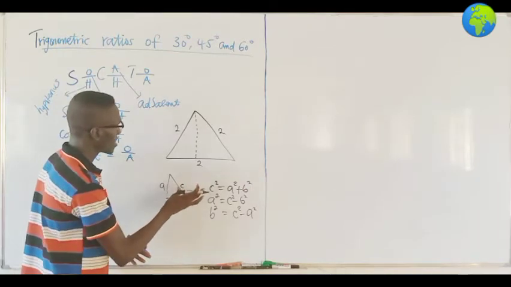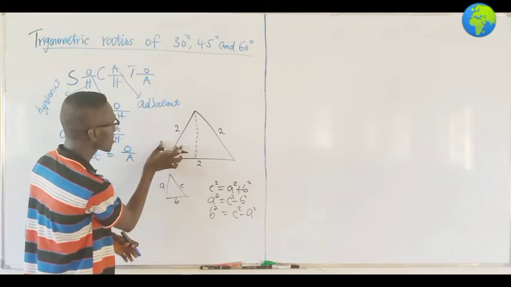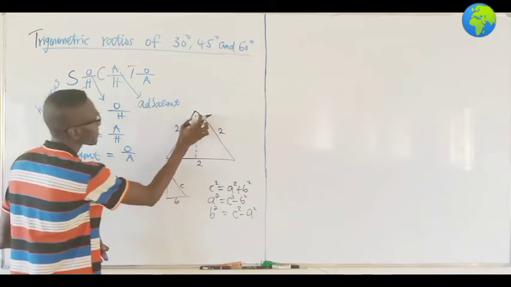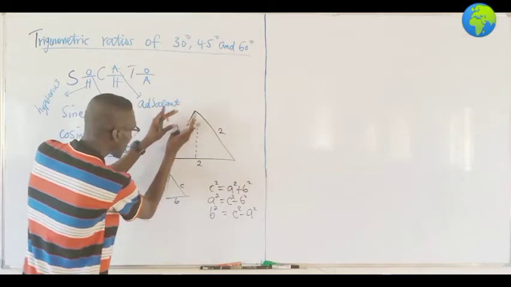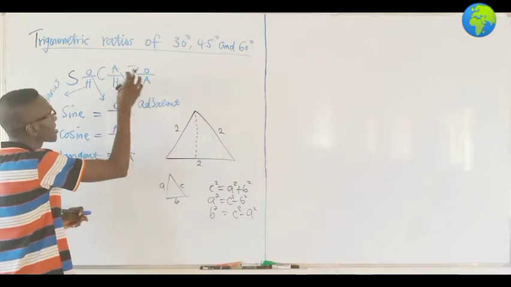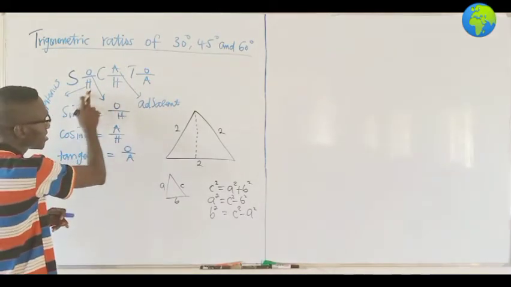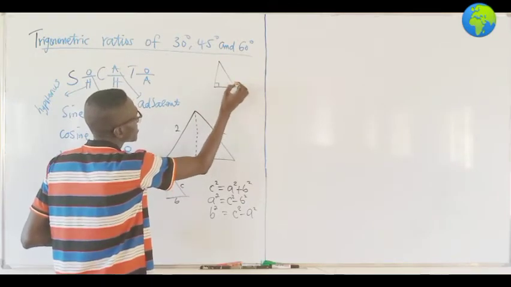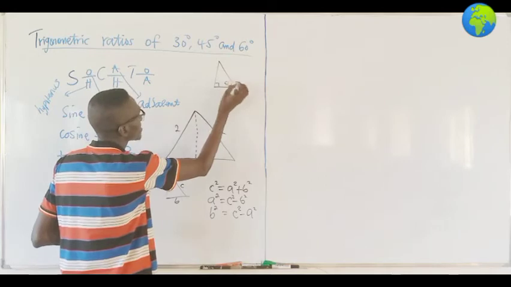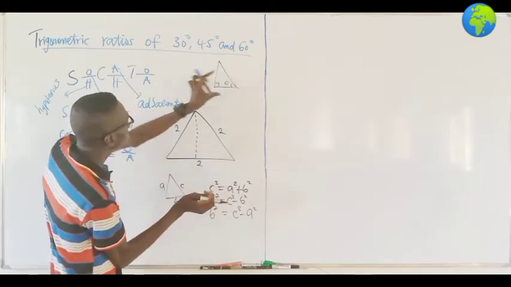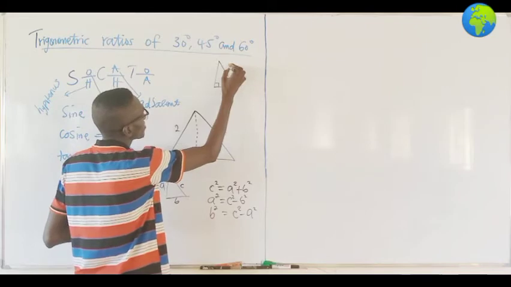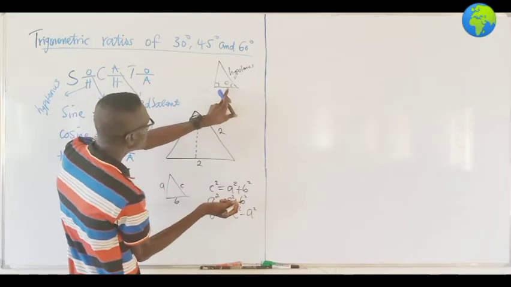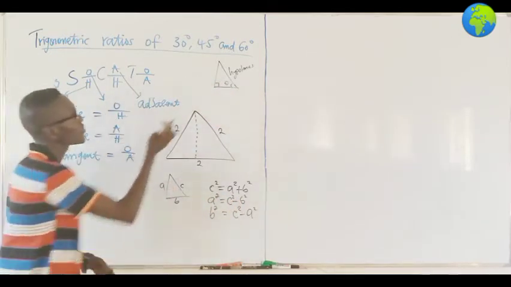So to calculate the height, you can see that if you cut the triangle into half, the longest side is 2, right? We call the longest side our hypotenuse. Let me draw this and label it here. You know we have 90 degrees here, right? We have an angle here, let's say theta. If this is the angle, the longest side here is our hypotenuse because it's the longest side, right? The side that is opposite the angle, we call it opposite,